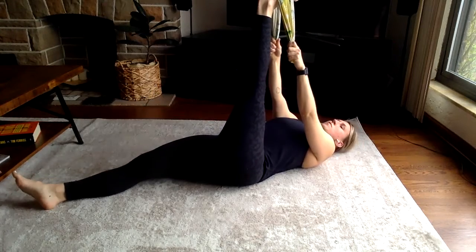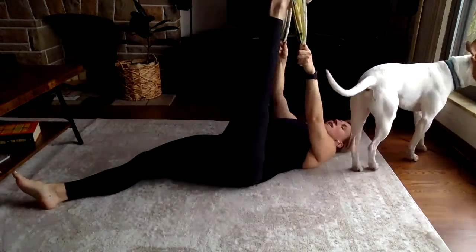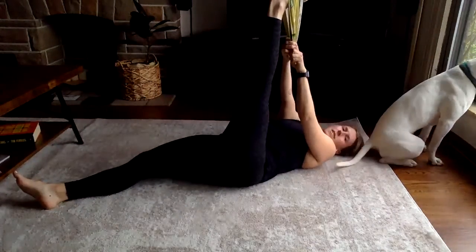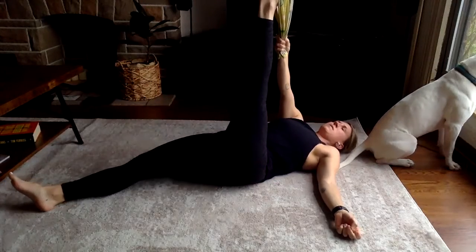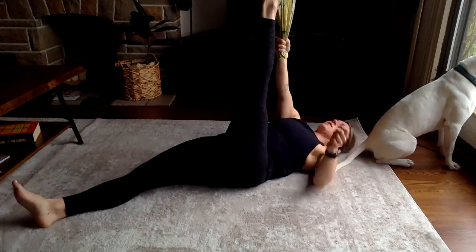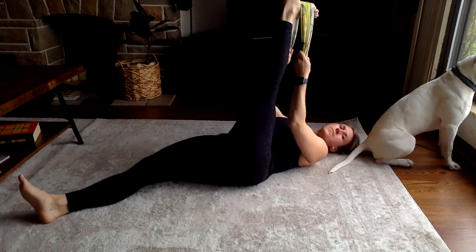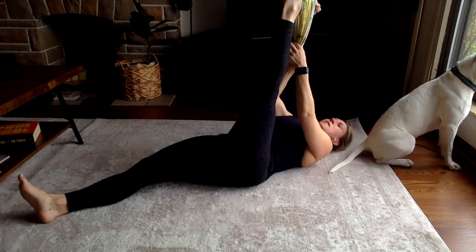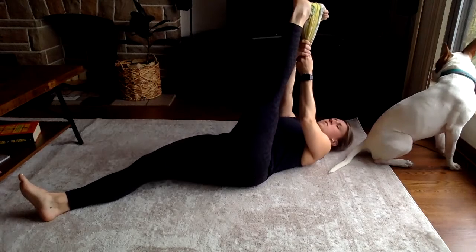So leg is lifted. We're going to try to, from this position, square our hips. So I know we're kind of yanking on that left leg, but you don't want to let that left hip come out of alignment with the other. So try to square them, pull your right hip downward, and kind of tuck your left hip back slightly toward you. So from here, pull that foot closer to your head